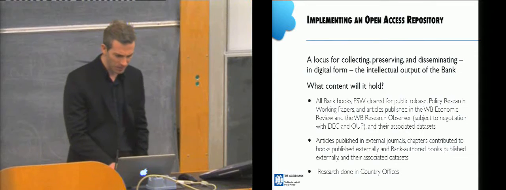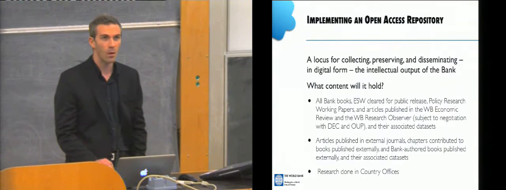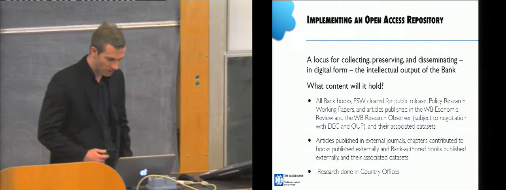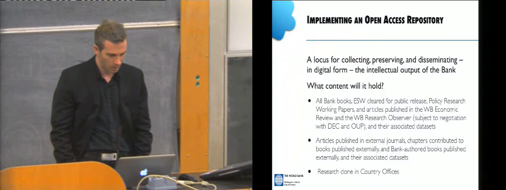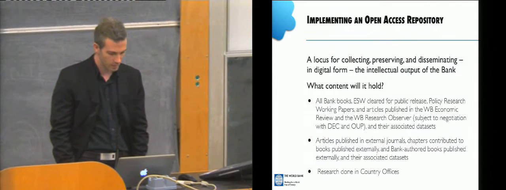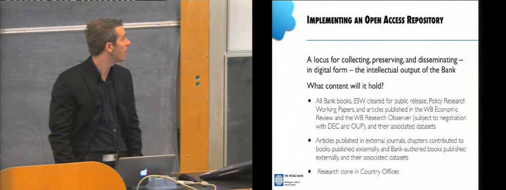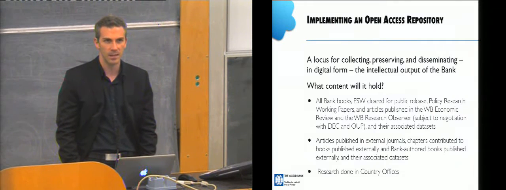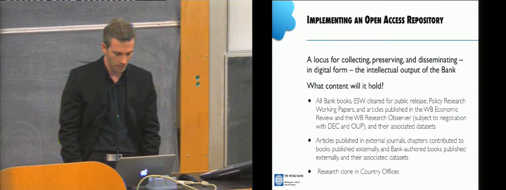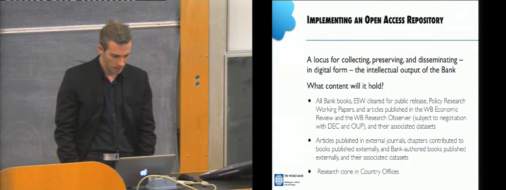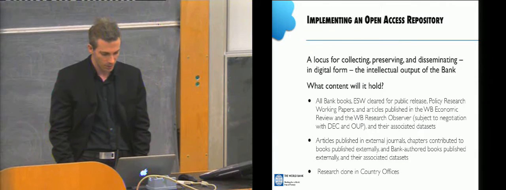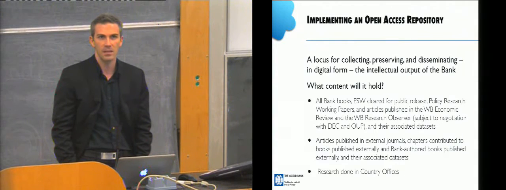Hi everyone. I'm going to talk very quickly about two things. One is what is typically included in our OKR, and the second part is about the next steps we have for future developments. The first part, for the content, we typically hold bank publications, formal books, as well as ECWs, which are economic and sector works. These are typically analytical reports mandated by the bank before lending funds can be initiated. The third content set is working papers, which are basically works in progress which are published to facilitate the sharing of ideas.